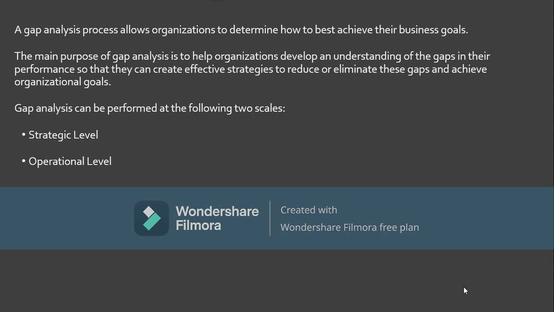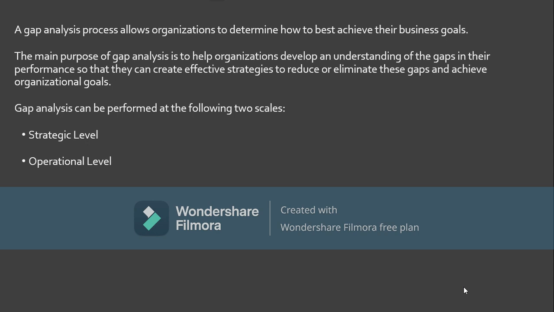When you are supposed to see what your goals are and how you are going to achieve them, you first need to see where you are standing currently and where you are basically trying to hit. Whatever is in between, the gap which is restraining you from reaching your goal, that is the gap, and that is the analysis that you need to do,